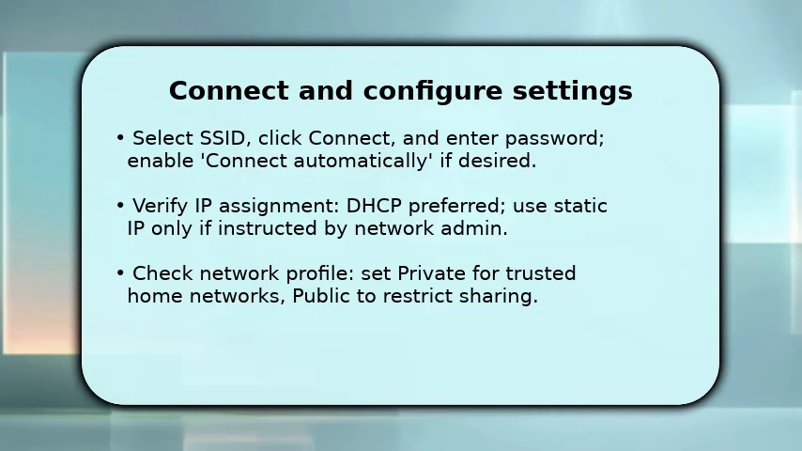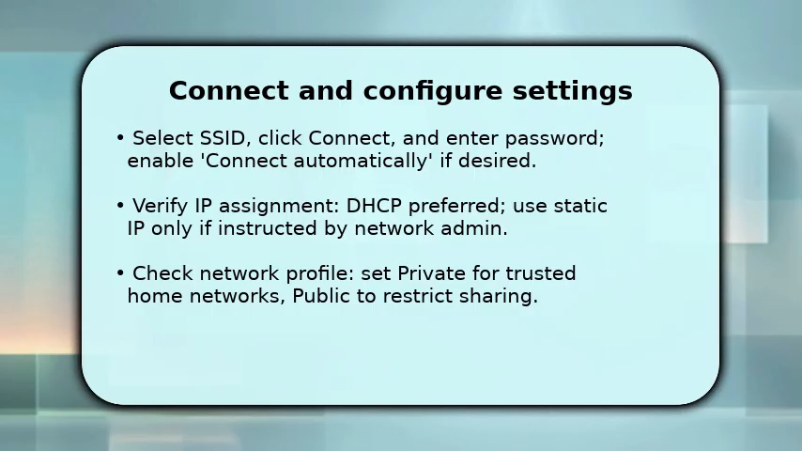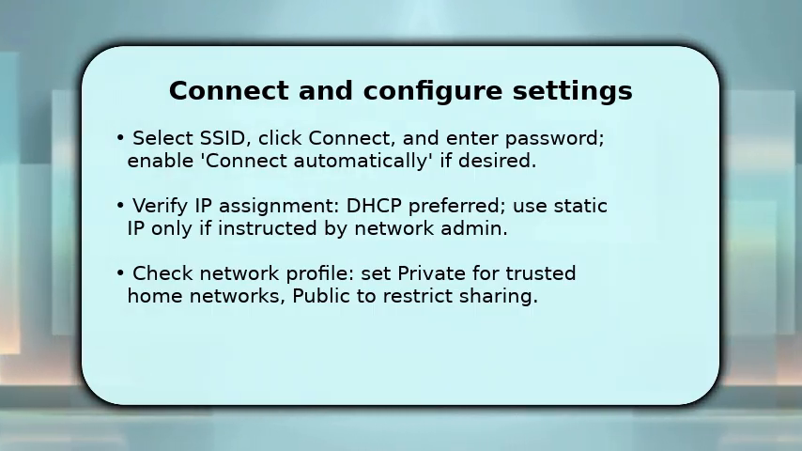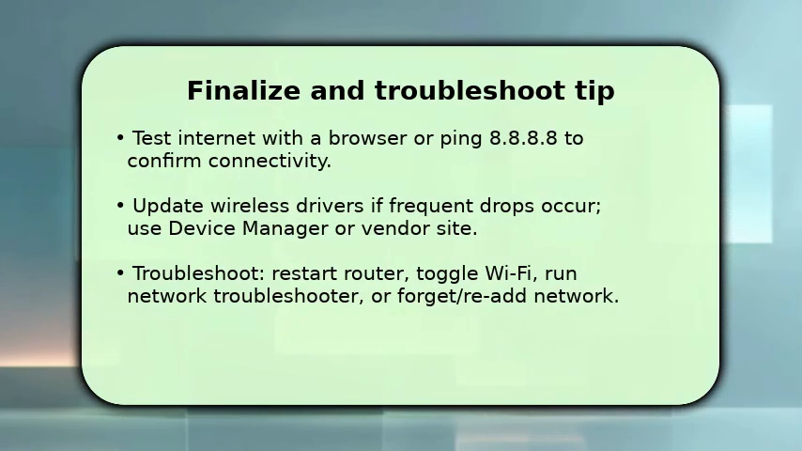After connection, choose the appropriate network profile. Set private for home so devices can be discovered, or public to keep the PC hidden on unknown networks. Finish by verifying connectivity. Open a browser and load a page, or run a quick ping to 8.8.8.8 to confirm